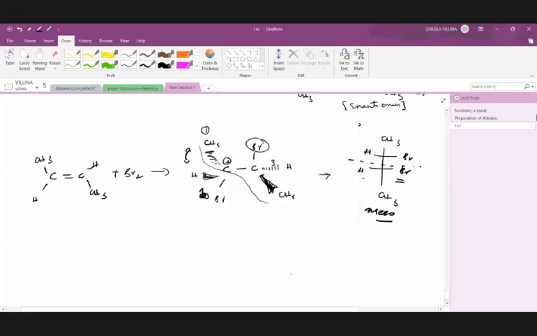For trans-butene, if we perform bromination, the addition will happen in an anti manner. The bromines will be added to the opposite sides. Once they are done, if you write the Fischer projection, we will have a plane of symmetry giving us a meso compound.